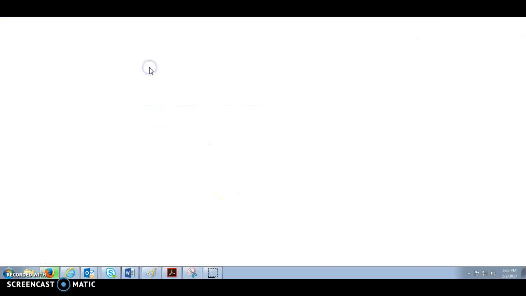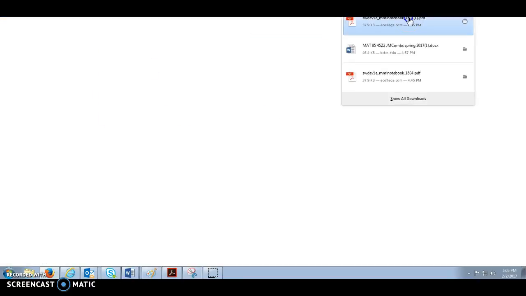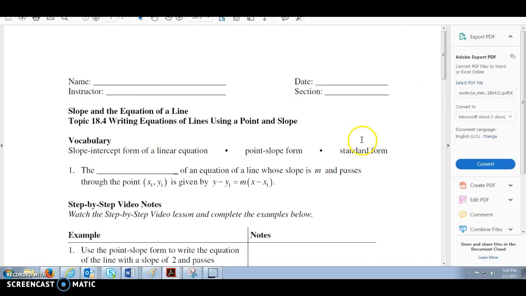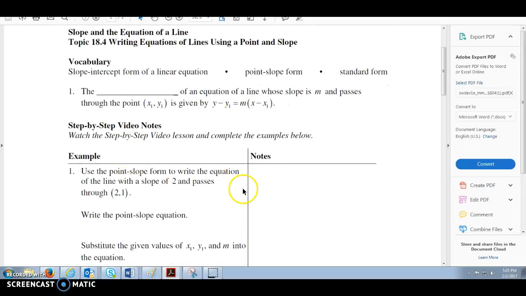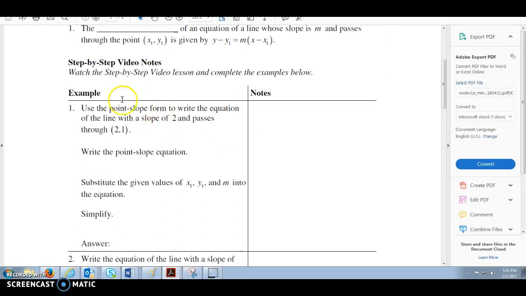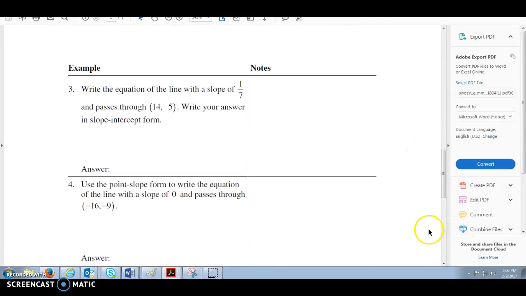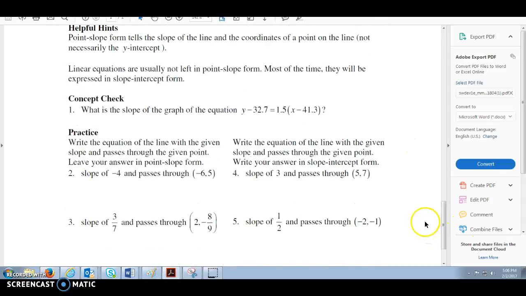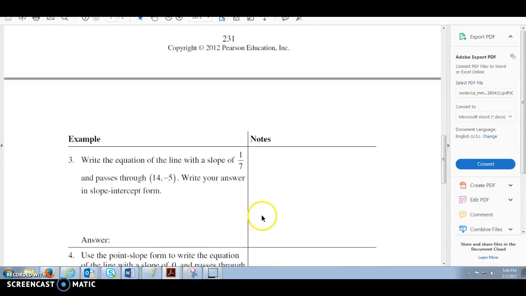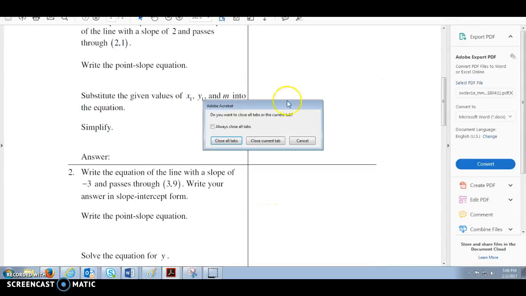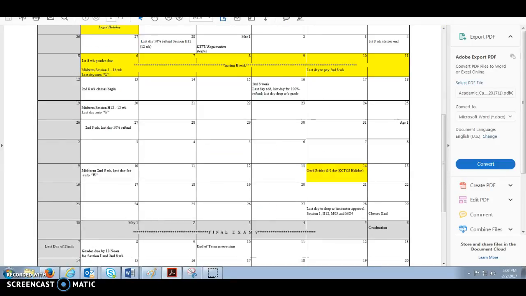You can click on the MyMathLab notebook sheet, and it will bring up a little lecture guide here. And the step-by-step video, this is the example that will be done in the video. You can go through the example and write notes. So it's a pretty snazzy thing. You don't have to try to get everything down in the video. You can do some practice questions if you'd like as well. So let me get back here to our...